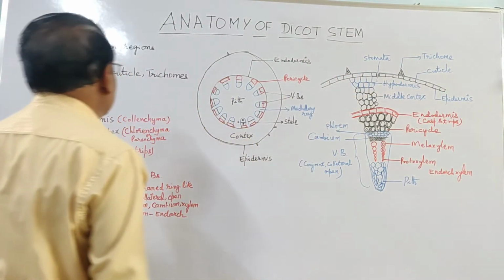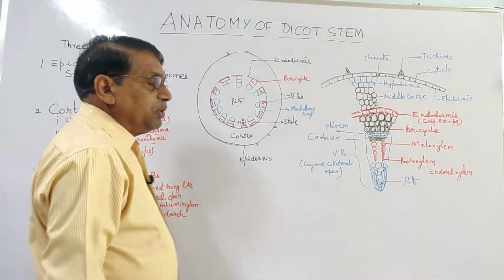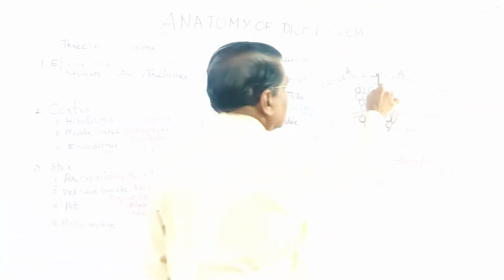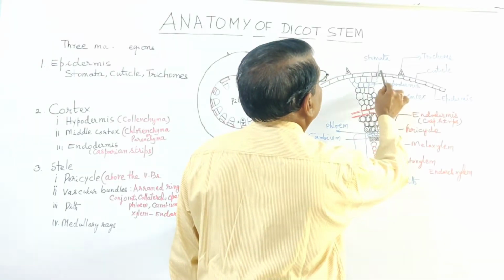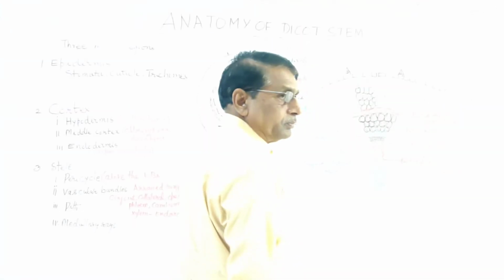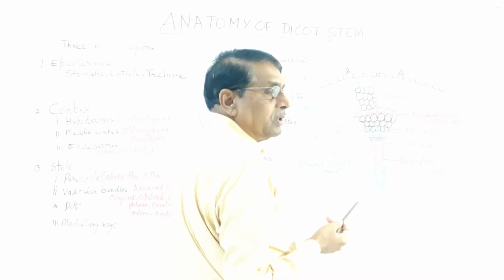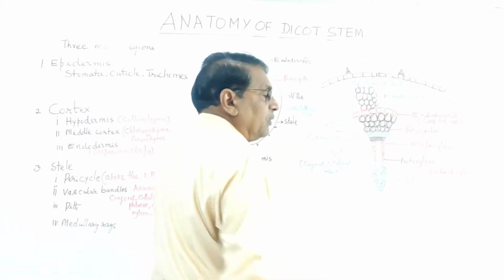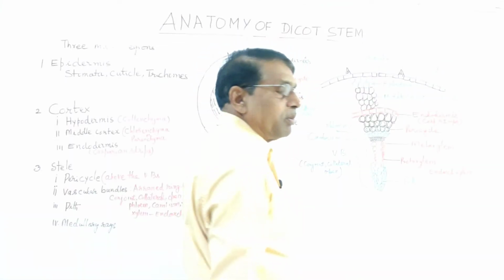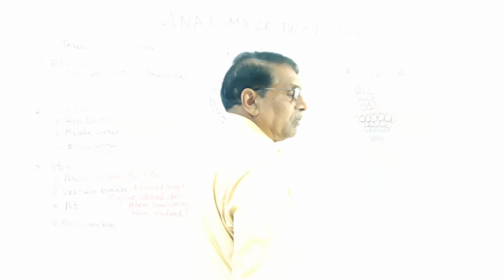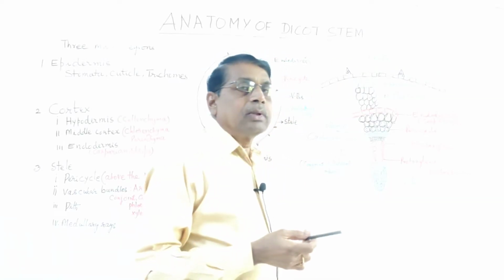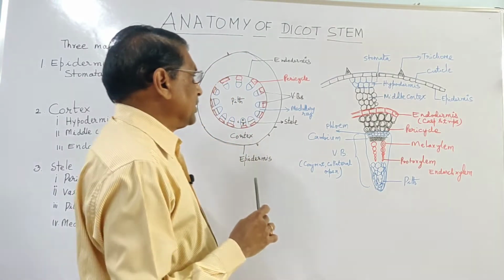Trichomes. Then here and there, if the stem is very young, we can find the stomata. This is stomata, an opening, because underlying tissues sometimes will be chlorenchymatous, carrying the photosynthesis, for the exchange of gases, carbon dioxide and oxygen. Then stomata are provided in the epidermis. The stomata will be enclosed by the guard cells. The guard cells in turn are surrounded by the subsidiary cells.